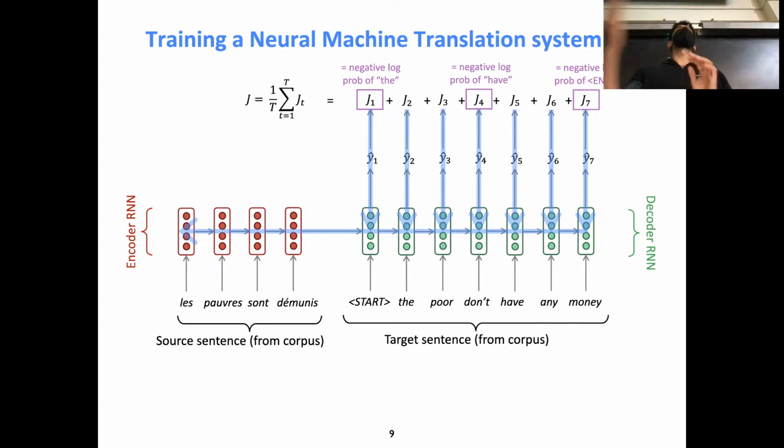So once it produces an end of sequence token, I just terminate that decoding process, and I say, this is my translation. There's no restriction that I have to have the exact same number of decoding time steps as I have input tokens in French. So the model can decide to produce as many tokens as it wants before it produces this end of sequence